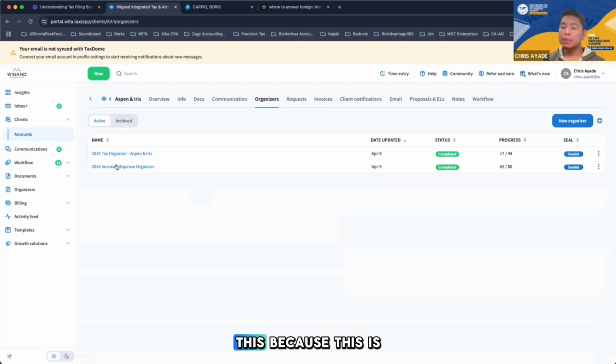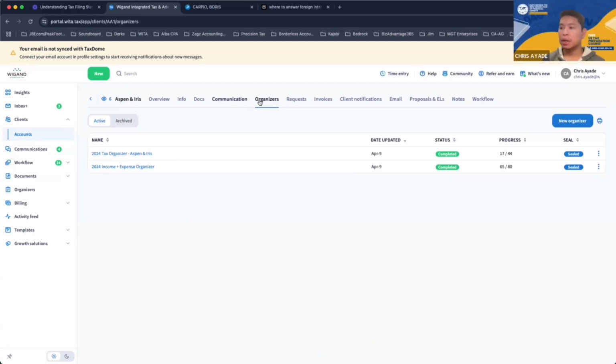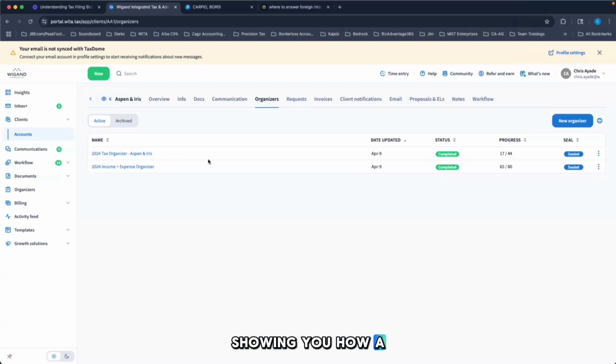I'm not going to open this because this is an actual client and you would see the PII of the client, and we don't want to do that. Okay? I'm just showing you how a CRM looks like,